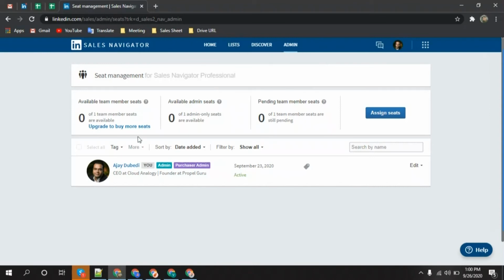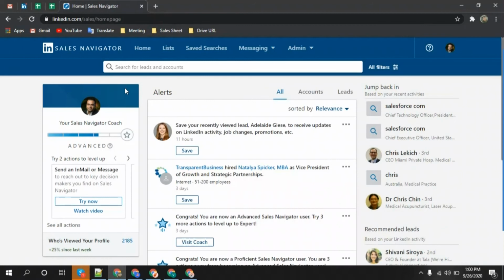Now you may be wondering what the difference is between list and saved searches. The difference is that in the saved searches functionality, the prospects get updated daily or weekly based on your selected frequency. At the same time, in the list, you have manual updating of the prospects you wish to be listed.